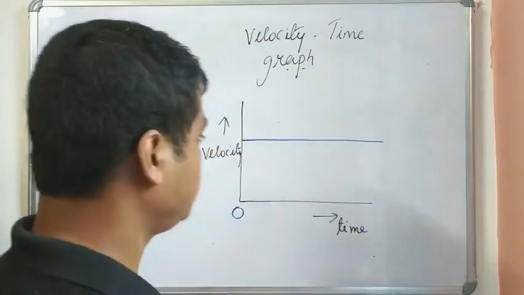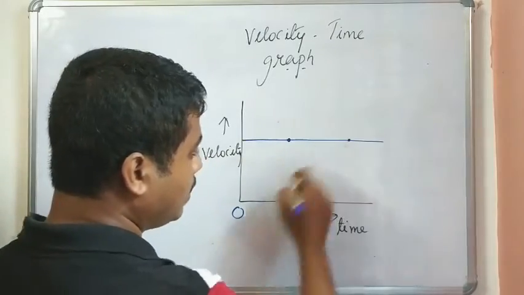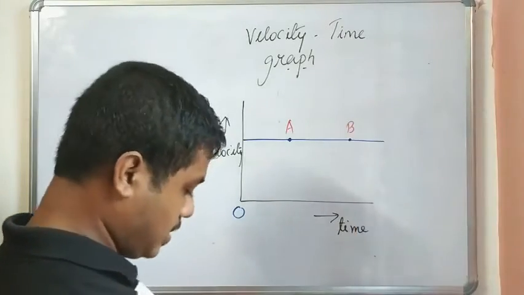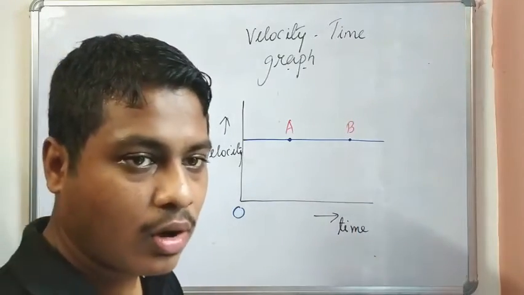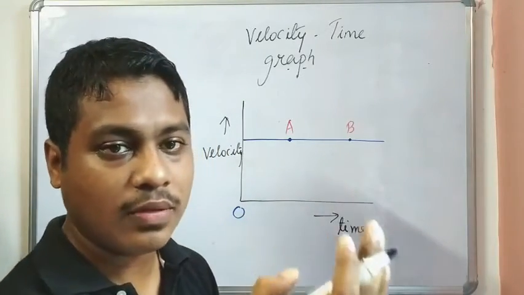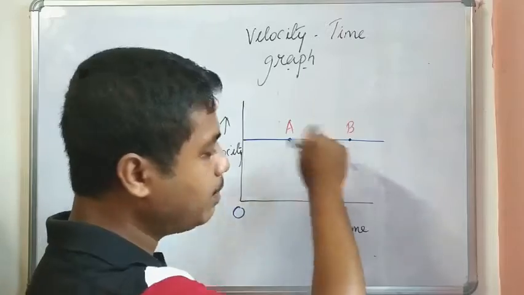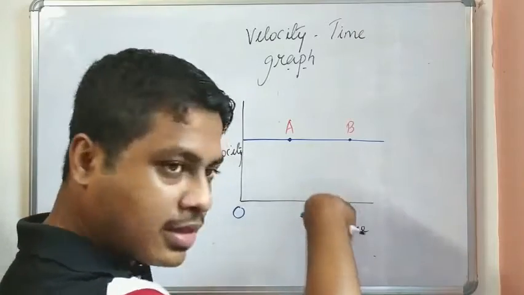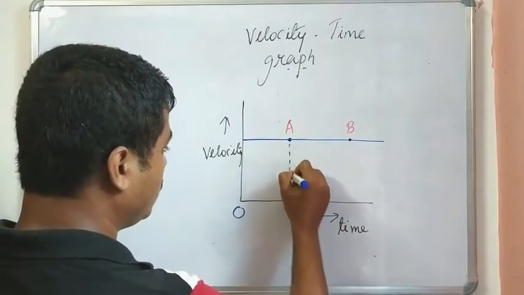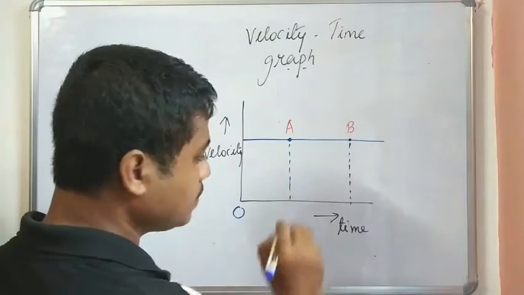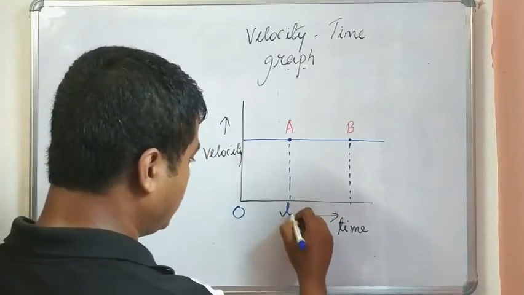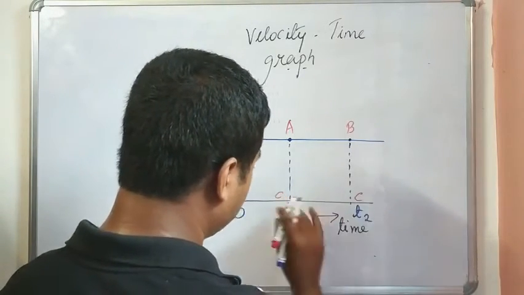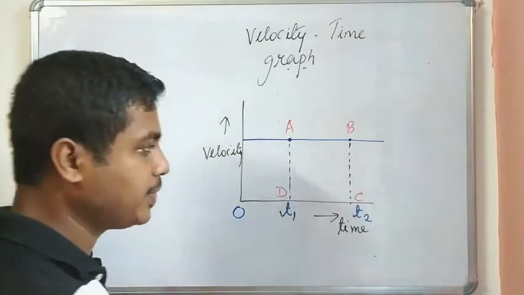Consider 2 points first. Okay, I have considered 2 points. One point I'll mark as A, this as B, and if you want to find what is the value of time and what is the value of velocity for this point A and point B, कैसे कैलकुलेट करोगे? यहाँ पे तो ऑलरेडी परपेंडिकुलर लाइन खींच के रखा हुआ है. टाइम एक्सिस के लिए हम लोग को निकालना है, तो you draw one perpendicular line here. Clear? So this will be your T1 and this will be your T2 and this is C. I'll be considering this as D, CD.